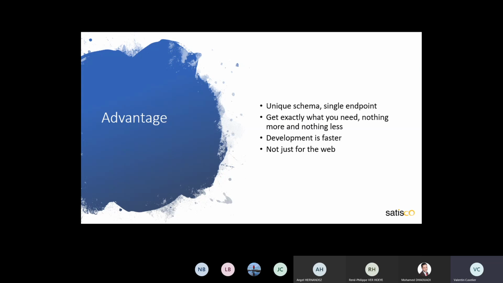So you can associate this language with a model of a backend, for example. So you are not restricted to web applications. It is also a good point of GraphQL because you can also use it in the domain of big data and data science. Yes, that's all for advantages.